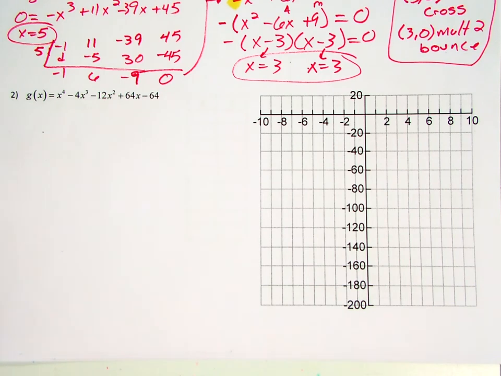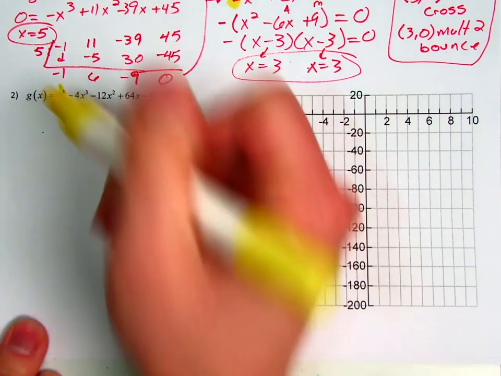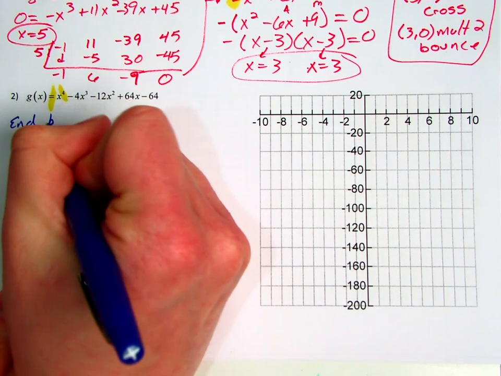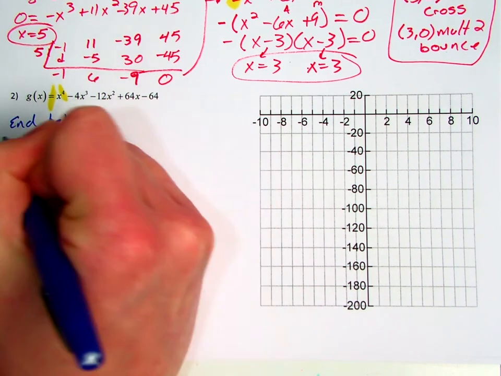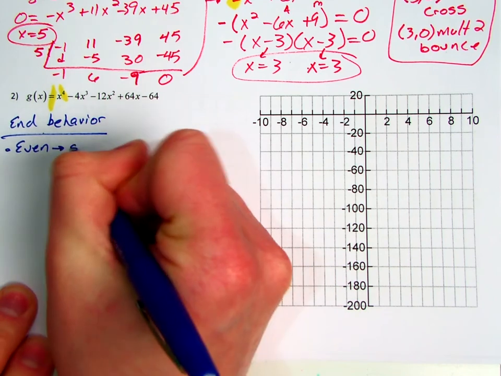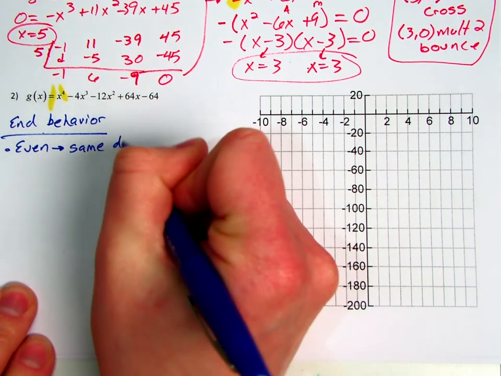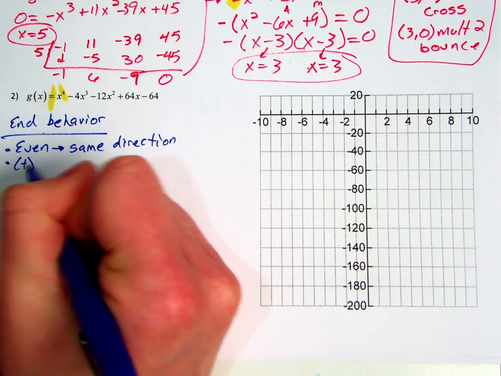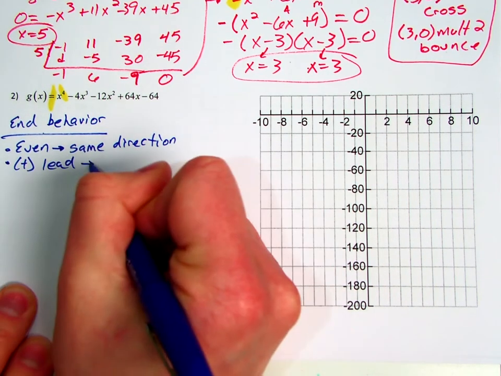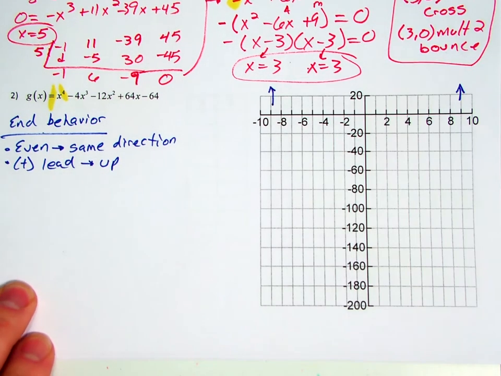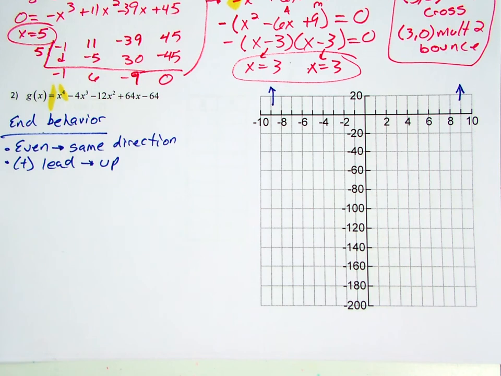So again, to talk about our end behavior, we have an even exponent. We have a positive lead coefficient. So that tells me for my end behavior, the even degree means that it's going to head in the same direction at the end. And since my lead is positive, that tells me that positive sounds like up, so they will both end up. So I know we'll be starting from the up direction and ending in the up direction. Then we need to go ahead and find our